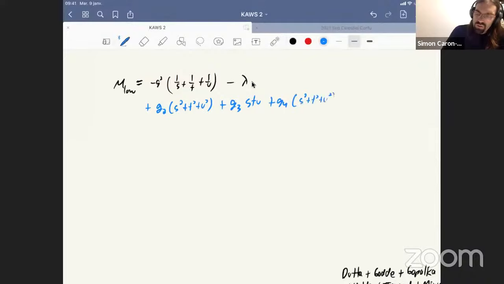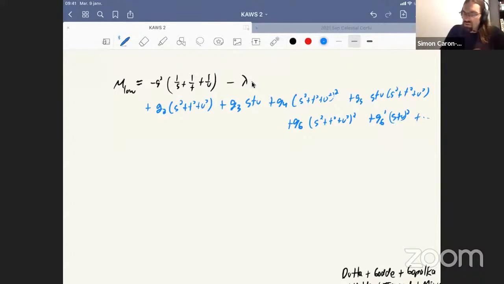So at fourth order, the only thing you can write down is the square of the first one. At fifth order, you can write the cross product. At sixth order, we can write either one of them squared, or G6 prime, that would be stu squared. And you can keep going. It's very straightforward to enumerate higher derivative interactions. And things with more than 4 fields you don't really see at this level. This is the amplitude modulo loops.